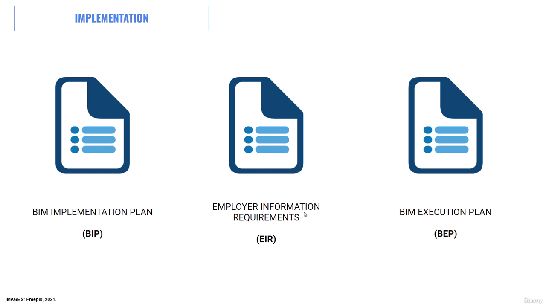And with the parameters that the client gives us, we can create something called the BIM execution plan, or in other words, the BEP. The BEP is pretty much a protocol containing all types of information. In short words, it's the game rules that everybody working on the project will follow. The nomenclature for example, for the layers, the nomenclature for the elements, how many levels the project will include, who's going to work on which part of the project, the origin of the project, the nodes, the basic information, which type of process the team will follow, pretty much all the game rules that will take place to execute a BIM model in the most coordinated way.